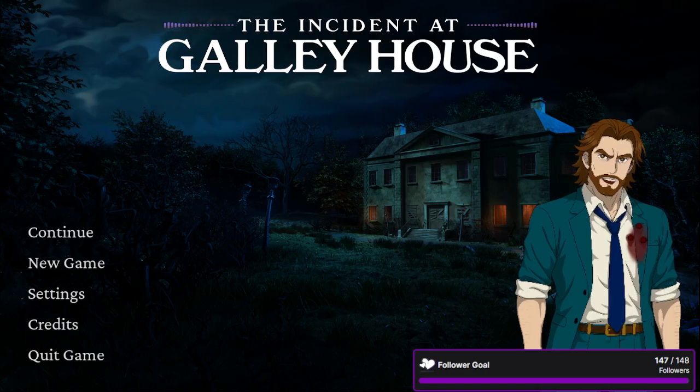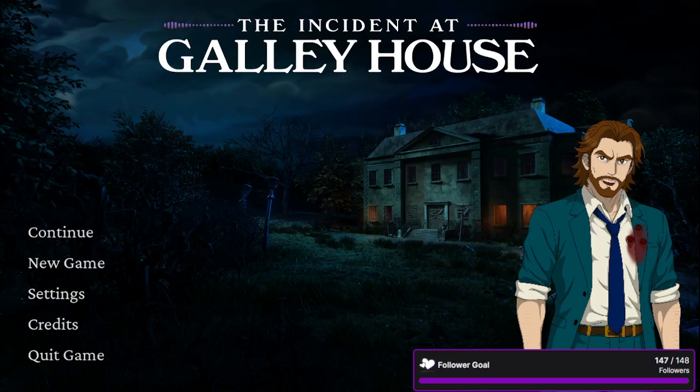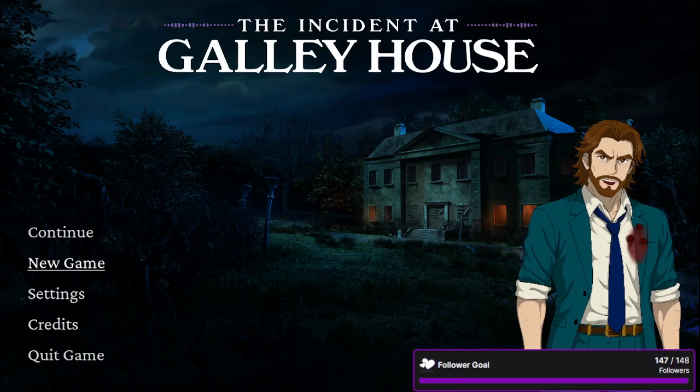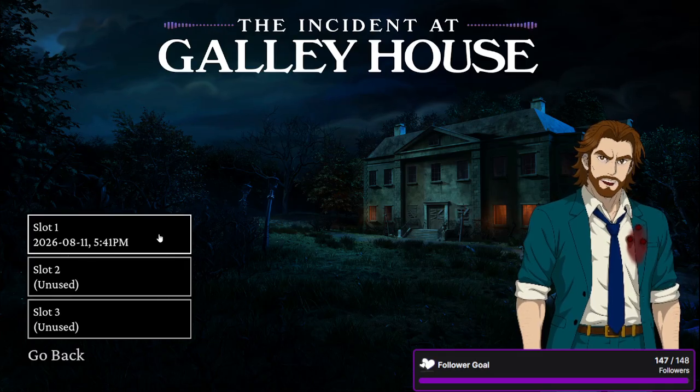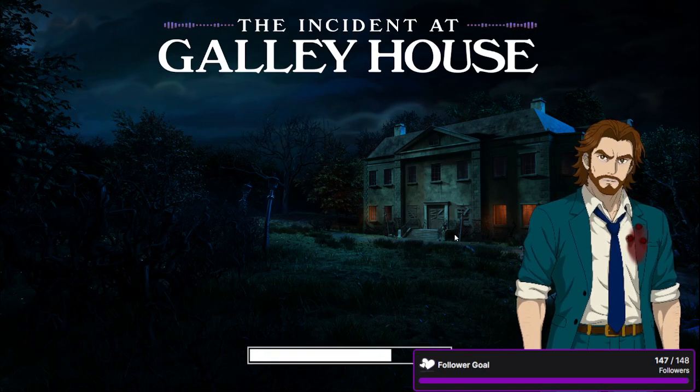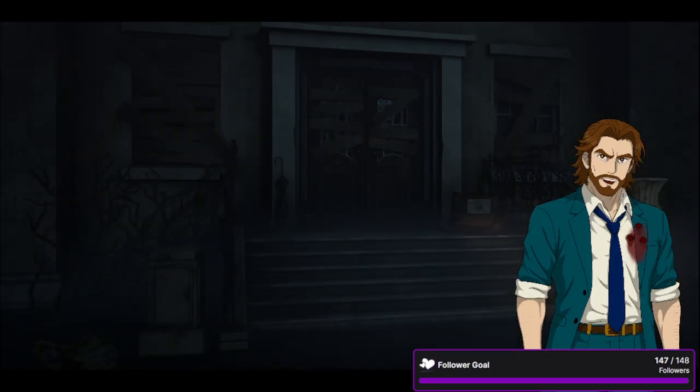I don't know if people remember, but I played a little game called The Roottrees Are Dead. And apparently this is by the same developer. That was an interesting family tree, inheritance sort of mystery going on. And this one seemed right up my alley, especially since I love the detective, what exactly is going on. So we're going to go ahead and hit new game. I tried it just a very, very little bit, just to give me an idea of what I'm doing. So we are just going to reset that game, just to test it out. And I think you guys will like what you see here.